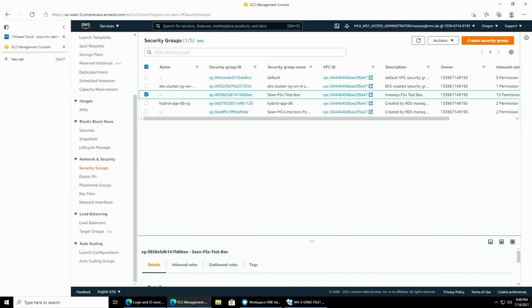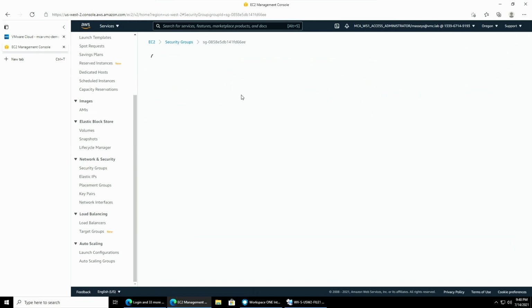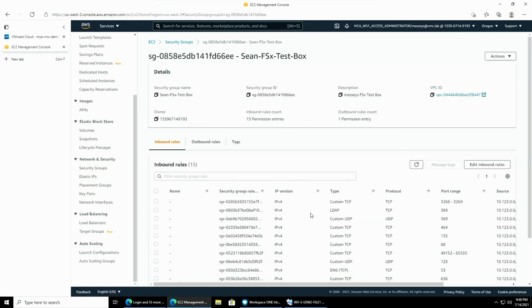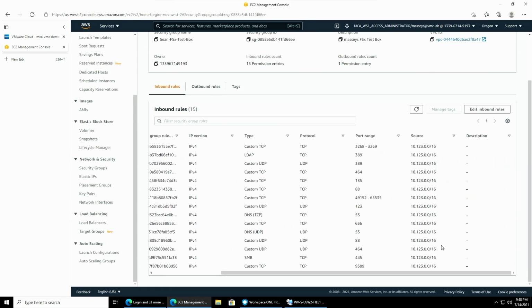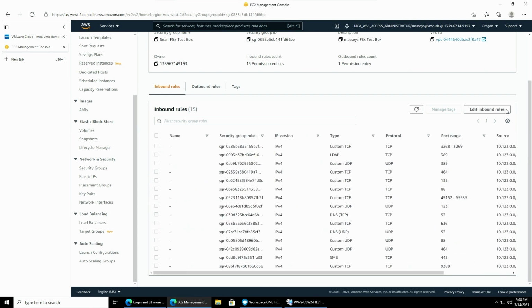So the first thing we're going to show is configuring the security group for our FSx for Windows File Server service. Now, we have a security group that we've already created that we're going to use in our deployment, and I'm going to bring that group up here. What you can see is that we have configured this group to allow traffic from our SDDC IP range using the ports that are required for the FSx for Windows file service,